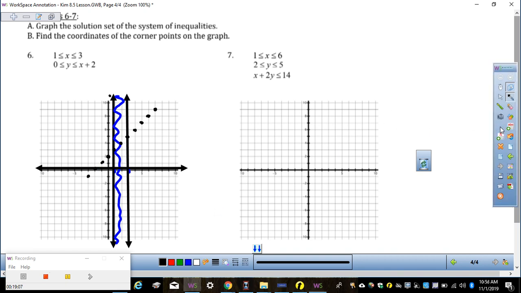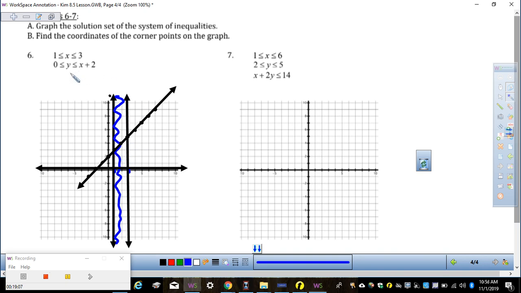And if I draw in my line, everything here is going to be solid. That is what I am left with. So the second part of this is asking us to find the coordinates of the corner points of the graph after we've finished shading. So we already said that we're shading in between the vertical lines, above the x-axis, and